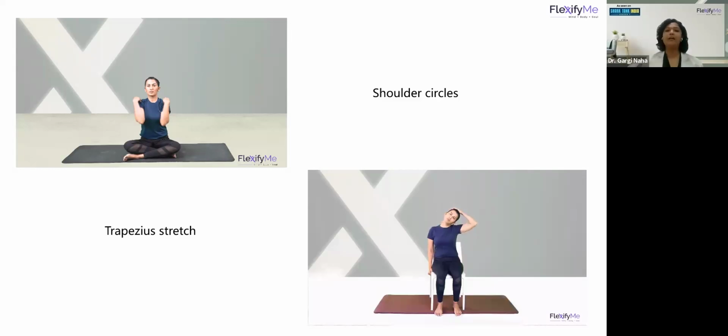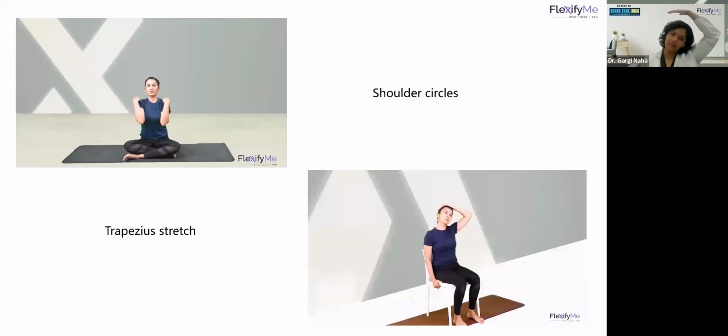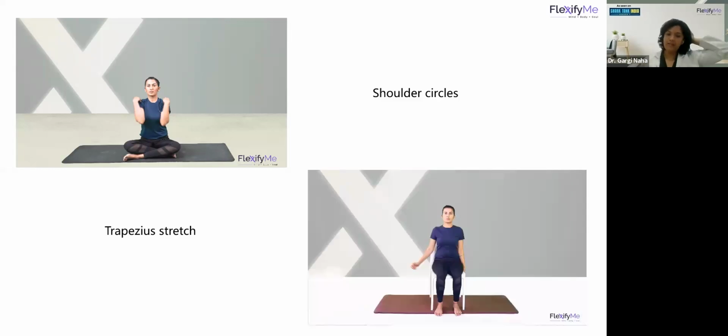Also, you can do it on the other side. So hold with the other hand. Suppose I'm stretching my right side, I'll hold my chair on the right side. I'll pull my neck to my left, with slight overpressure, 30% of your maximum force, just 30%. You should feel a nice stretch on the side of your neck. Keep breathing while you are doing this exercise. And relax.